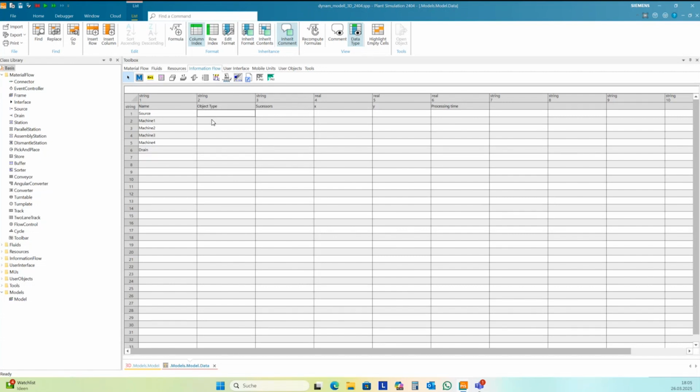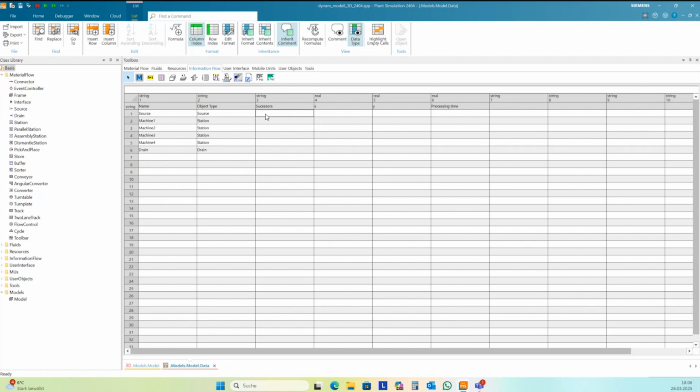And we need to define a source type, and the class for the source is source. Machine can be a station or a parallel station. So I take the station class from Plant Simulation as base here. And the base for the train is the train from the class library. So it's quite easy.